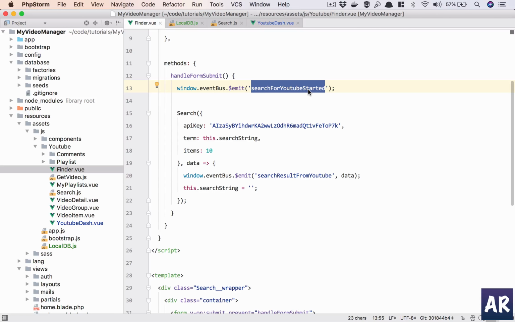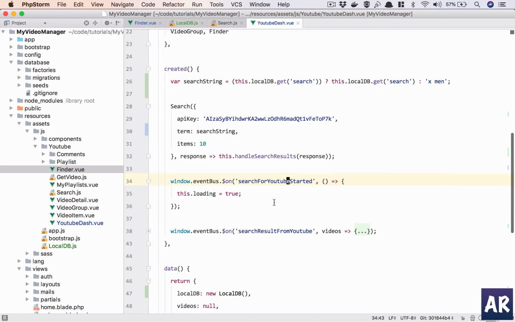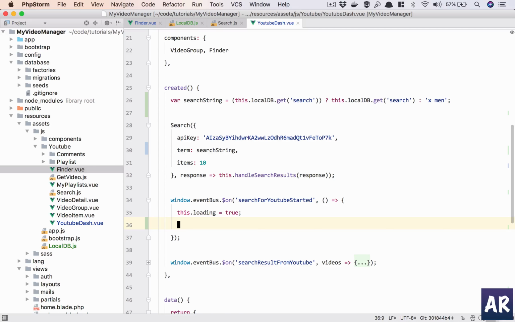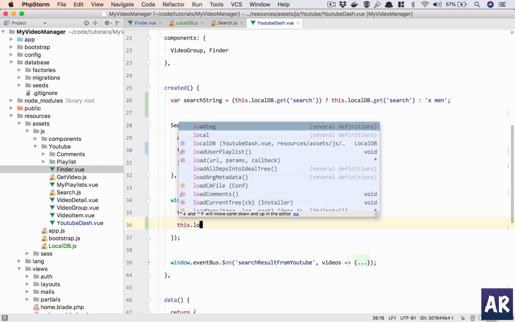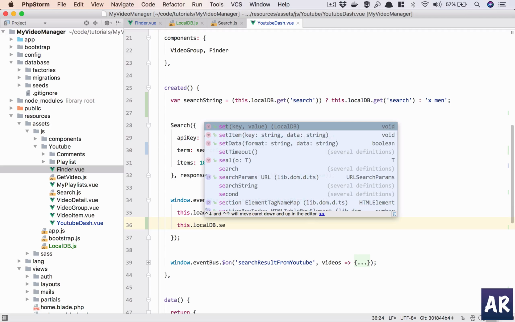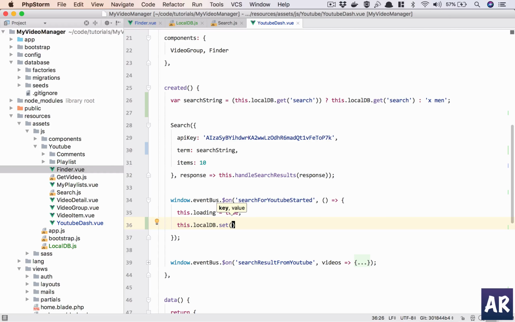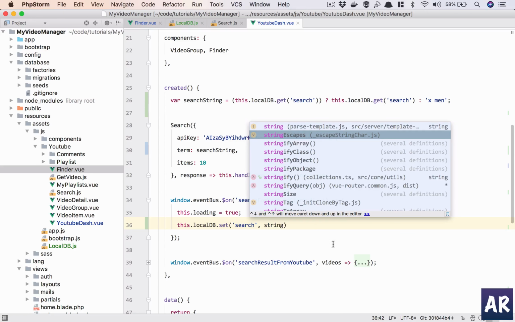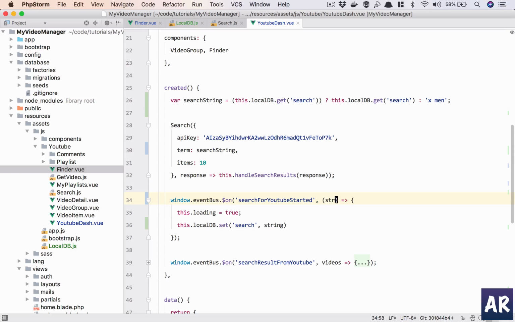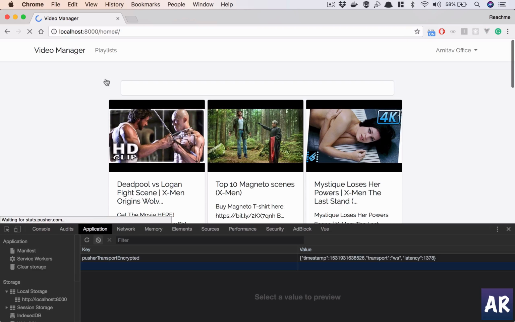And in here I will send this string, and in my YouTube I will do this.localDb.set search string. I'll get the string in here,